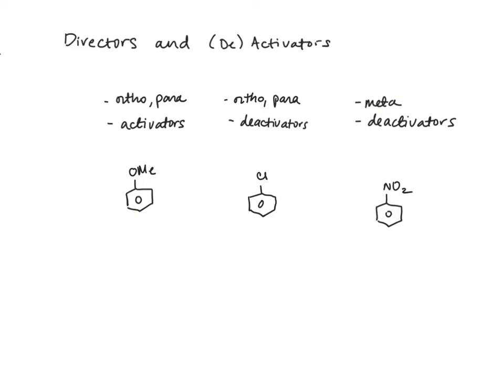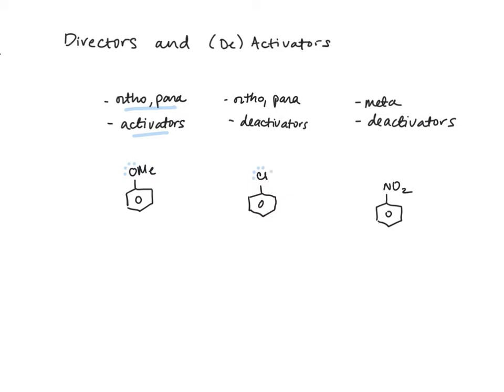This video discusses directors and activators and deactivators and how they influence the functionalization of benzene rings. We have three categories of molecules. The first are ortho-para directors that are activators, and those are things like the methoxy group. We're looking for molecules that have lone pairs directly attached to the atom that's on the aromatic ring, with the